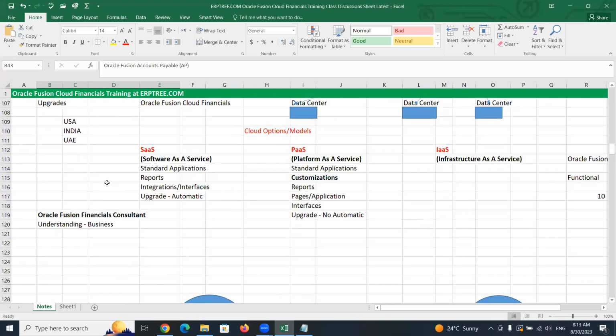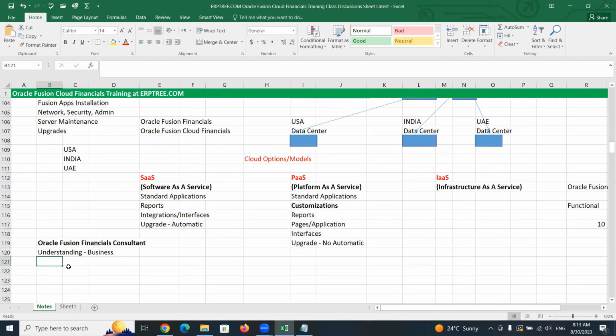Based on that, you will understand their business and you have to set up systems. Setting up systems is nothing but setting up applications, and you can test the system and you can present the system. And there will be a few other activities. Those you'll all come to know as a part of the real-time related classes, as well as when we go through our classes also. Very primarily as a finance functional consultant, if you are part of an implementation project, you have